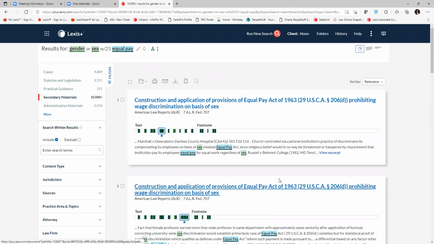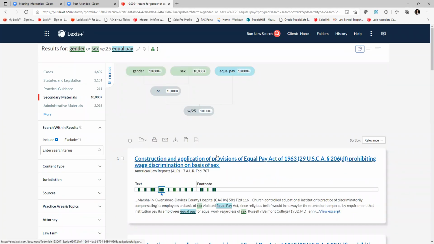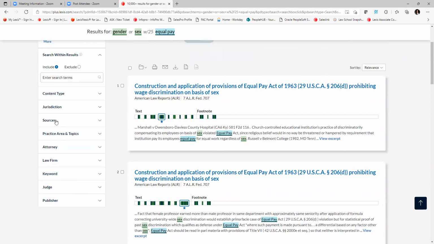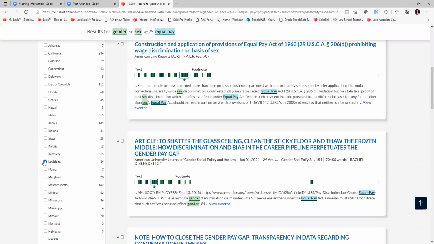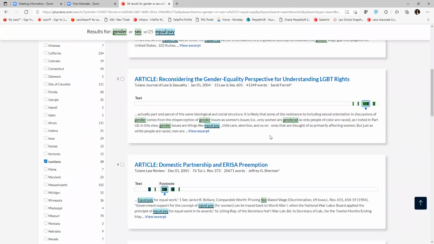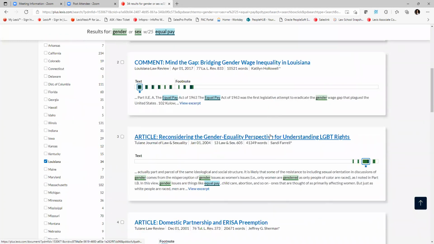To the left of our results list, you'll find filters that'll help you easily narrow your results to find the best, most relevant documents for your research. For example, we would want to use the jurisdiction filter to filter to Louisiana state materials. We now have secondary materials on our topic from our jurisdiction,